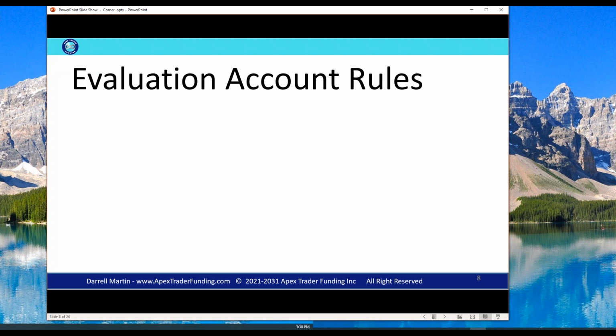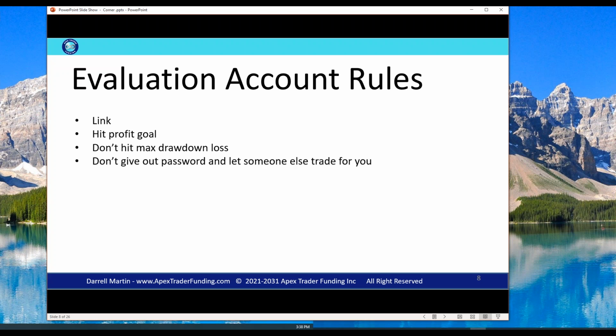But if Steven says, okay, here's what we want you to do. We're going to set a goal. Can you hit this profit goal without hitting the max drawdown? Meaning, can you make X amount without losing X amount? I'm at, I think it's 25 ticks. Okay. And then I think the other two at 50 ticks.